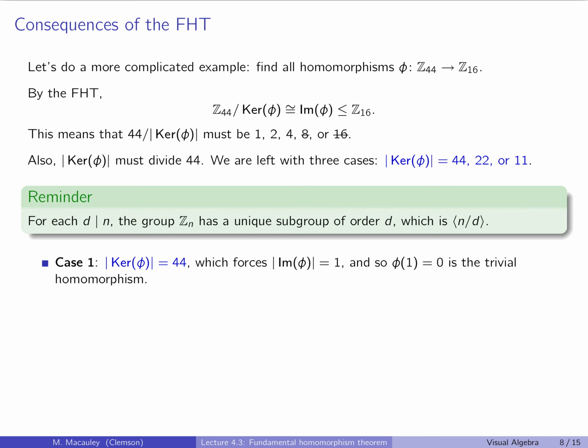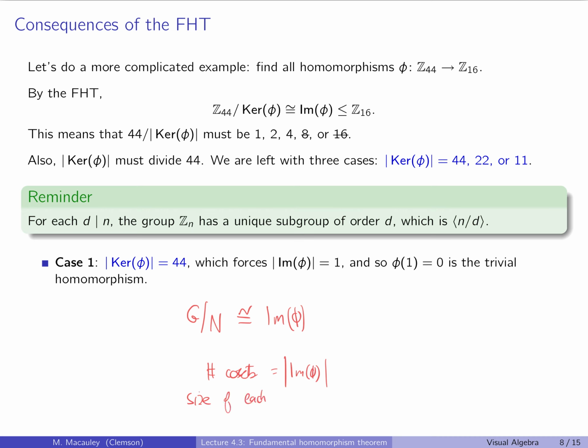In the first case, when the kernel has order 44, that forces the image to have order 1. Do you remember why that is? It's due to the Fundamental Homomorphism Theorem, and also, I guess, Lagrange's theorem. Because it says that G mod the kernel is isomorphic to the image. In other words, the image is isomorphic to a collection of cosets, and the number of cosets is the size of the image, and then the size